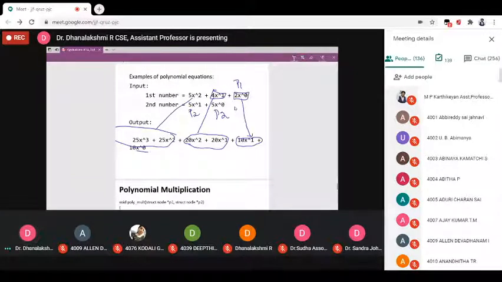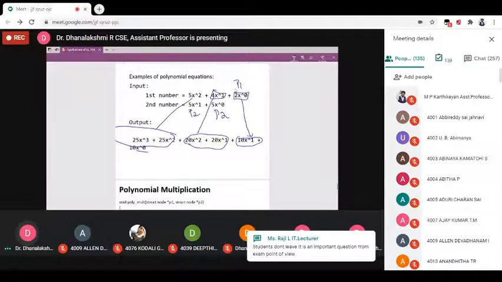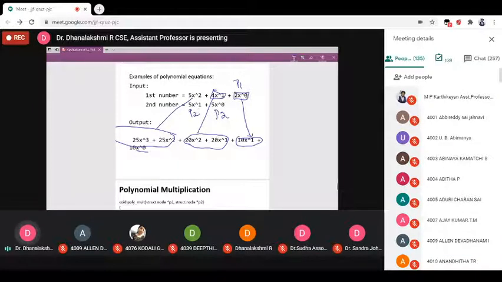Then again, after this position, every time you have to set P2 to the first position, and then increment P1 alone. Now P1 points to the second term, then you have to perform multiplication with the first term of list 2, then increment P2 by 1. Third time increment P2 by 1, it points to the null value. So stop the procedure. Now you can increment P1 and reset the pointer P2 to the header position, then do the procedure. This is the concept of polynomial multiplication.